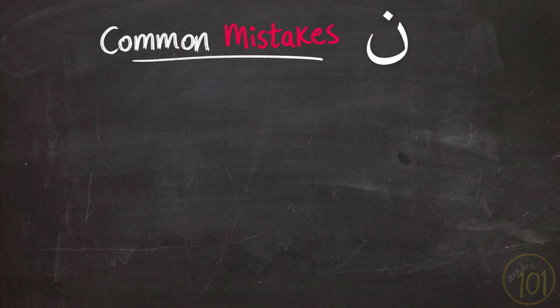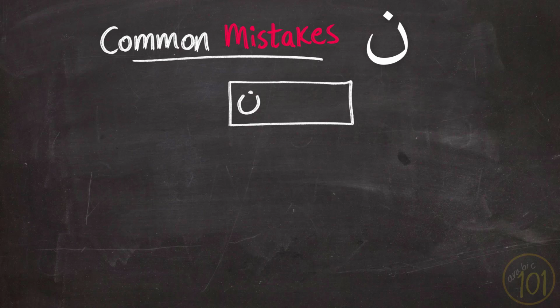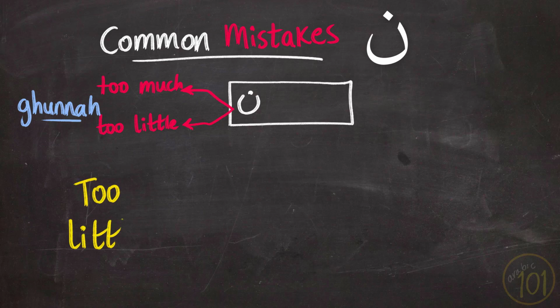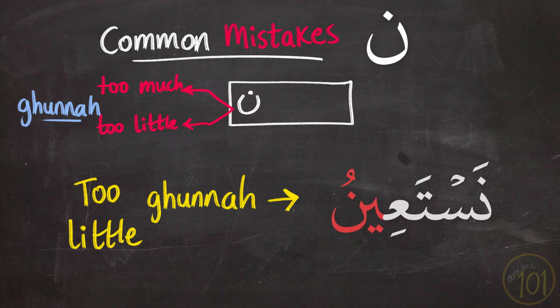Now, what are the most common mistakes for Noon? The first mistake is when Noon comes at the end of words, and how much غنة is given to that Noon. The mistake is then either giving too much or too little غنة, which then contributes to how clear the Noon is at the end of the word. If it is too little, it is gonna sound like this. نستعين